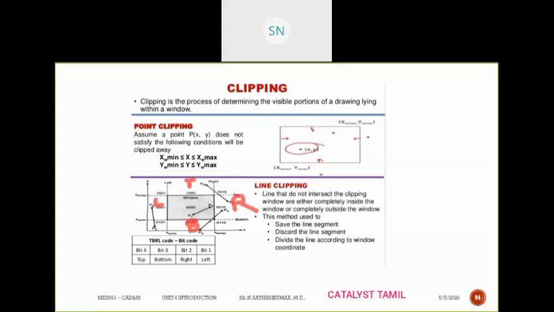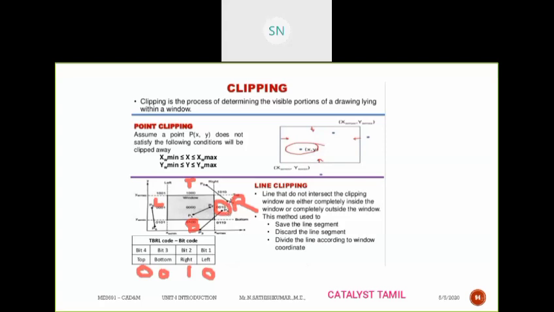So what will happen? For example, look at point number 4. P4 is lying on the right side of the window, correct? Right side of the window means that the R bit should be turned into 1, and the remaining 3 bits should be 0. So for this point, bit 2 is 1. It is not lying in left, so 0. It is also not lying in bottom, so 0. It is not lying in top, so also 0. So the code is 0010, as mentioned here.